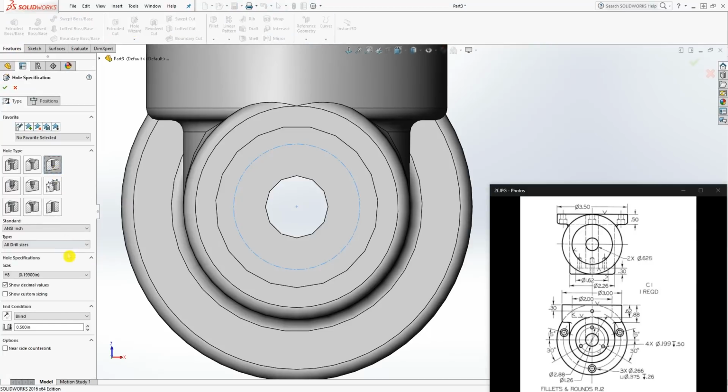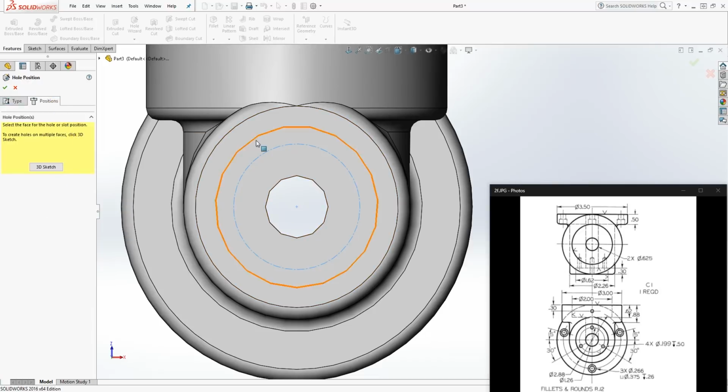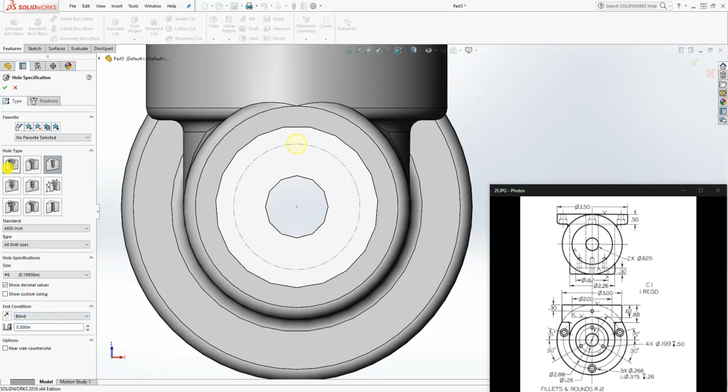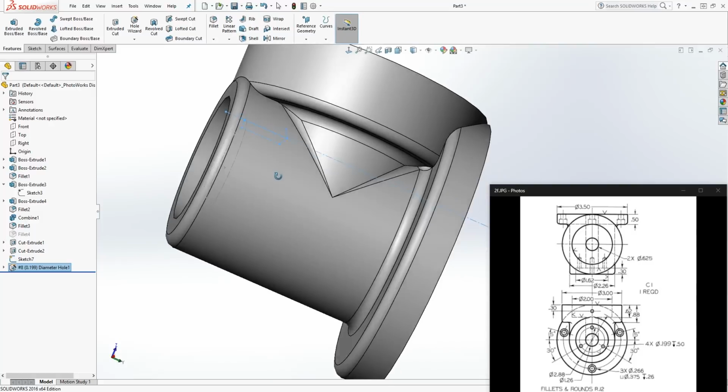You want to select this hole and make sure it's NC inch or drill size, and you want the number 8, and it is 0.199 and 5.5, and click position and select that face. And what you want to do is just click on that quadrant and drop it on that quadrant. And once you have all this measurement, click OK, and we have our first